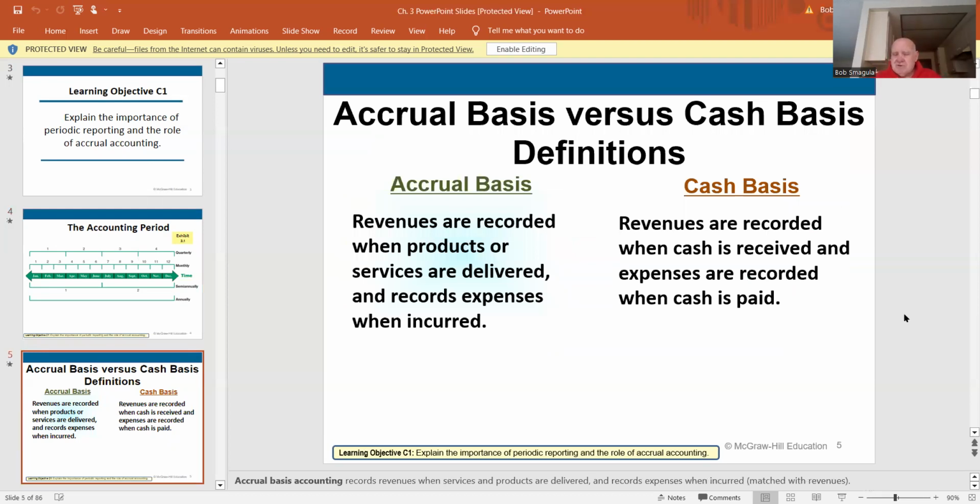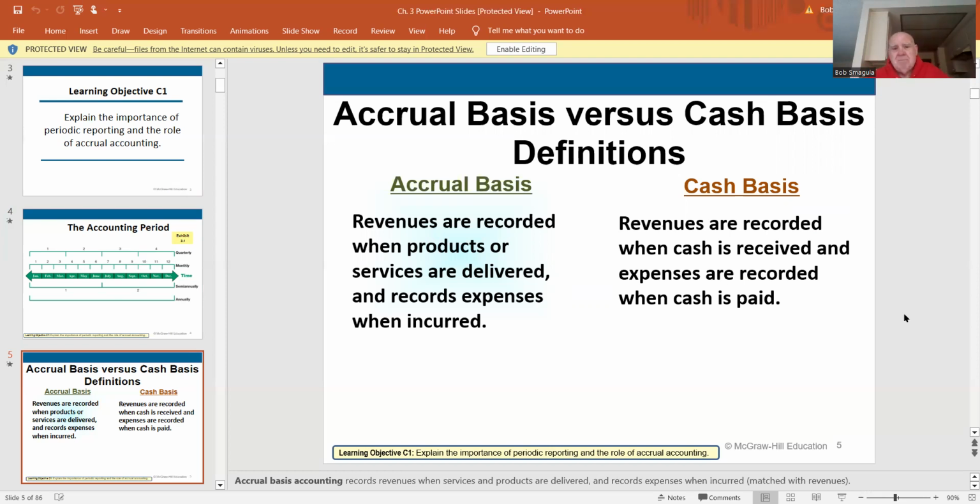Accrual basis versus cash basis. First thing I'm going to say, we're not going to talk about cash basis at all. Cash basis is not GAAP, and a serious company cannot exist on a cash basis. You will inevitably cash basis yourself out of business. Very small companies can kind of get away with it, but otherwise, no. What we teach is accrual basis accounting.